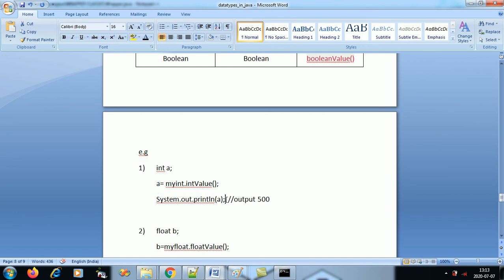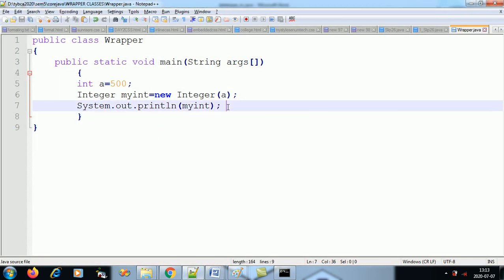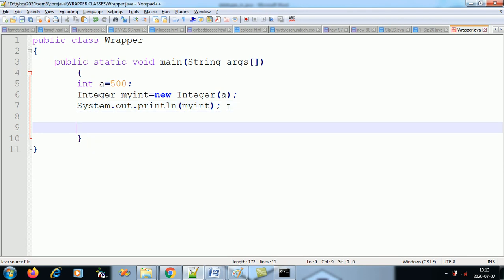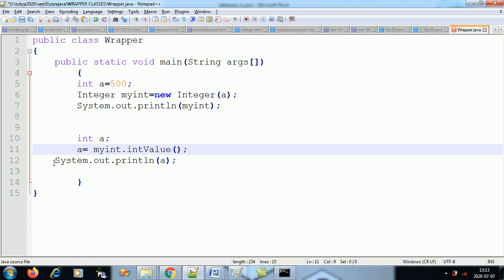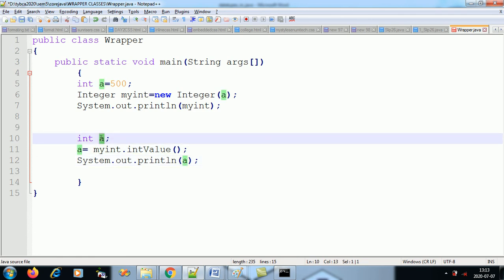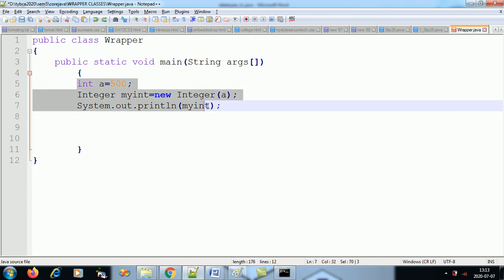So let's test this code. I'll just be replacing the code. For documentation purposes, I guess we'll have to write it all over again. That's there. So let's take the value as x and int. Okay, no, we already have an int object over here, so we'll have to override this code.